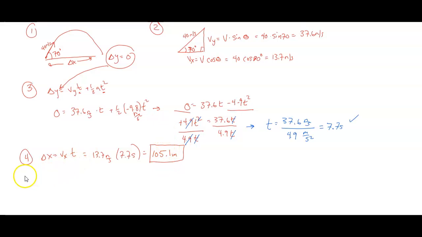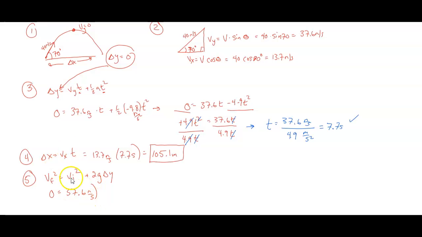Now we're also asked to find the maximum height. So to find max height, I would generally go with your time-independent equation. We know that V final squared is equal to V initial squared plus 2A delta y. We're dealing with the y direction. That also tells us that A is going to be g, the acceleration due to gravity. And remember that at the max height, V is equal to 0 in the y direction. So we can say that the final velocity in the y, 0, is equal to the initial velocity in the y direction squared. That was at 37.6